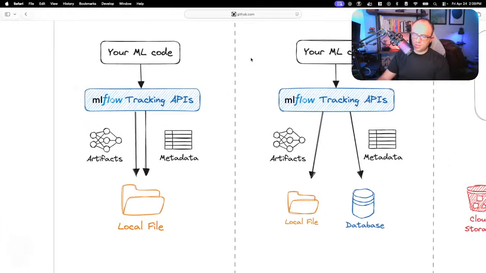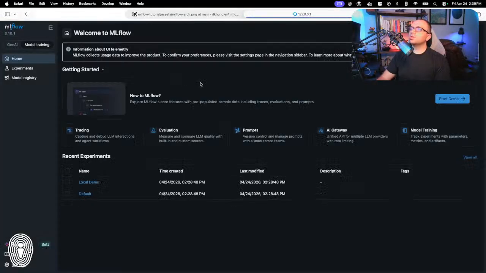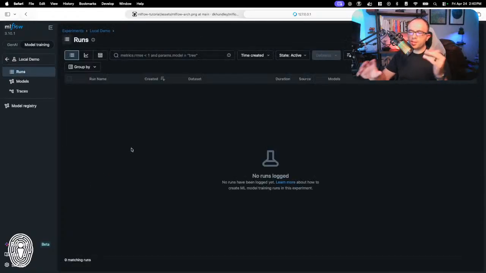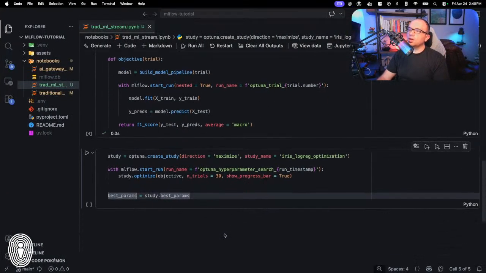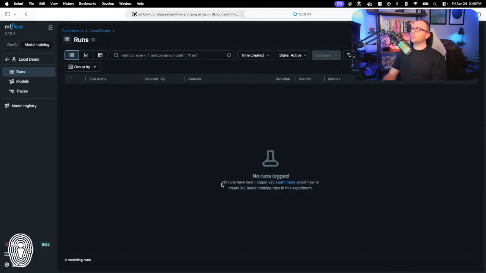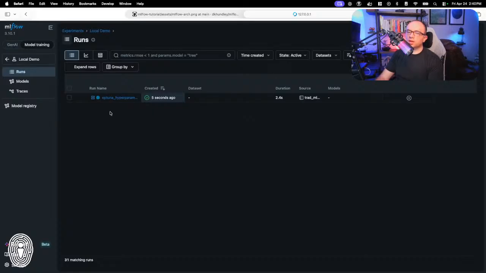All right, so let's go back into this user interface then, just to look at things. So we have already created the empty container that represents the experiment, but you can see that there's no runs in here. Now, the second that we run this cell right here, we should start to see a bunch of stuff start to get added. So let's go ahead and run this. Do I need to refresh this? Okay, it looks like I needed to refresh it.